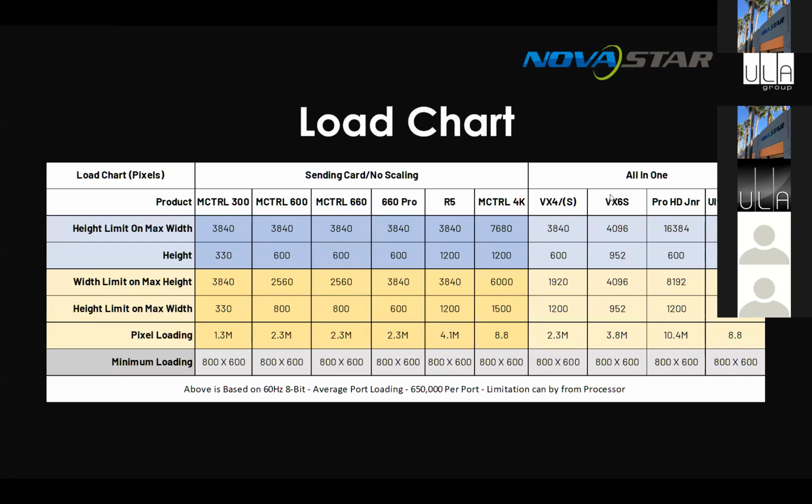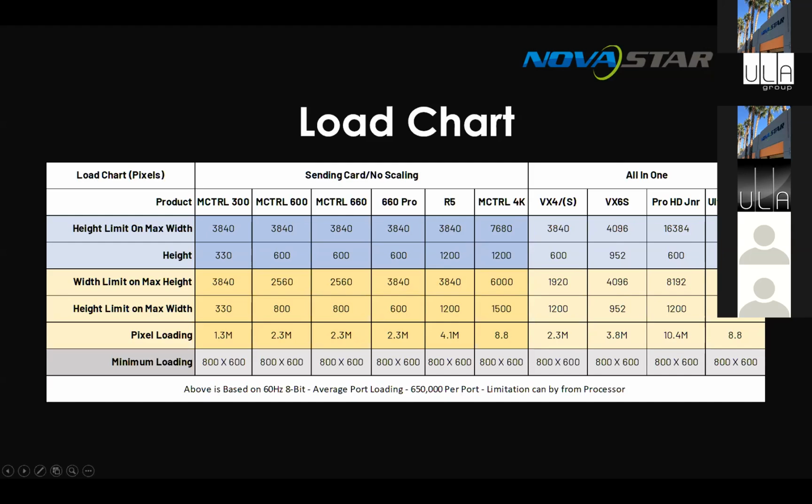But some key things to look at at the end here as well. The Pro HD Junior has a 10.4 million loading capacity. And the main reason for this is this unit's more designed for fixed installations, and it will go a lot wider, providing you've got the input sources or you're doing 2 layers. That's how you're getting that basically double 8K width on it. So some strange use case scenarios there, but the options are there. And bear in mind, this is maximum input and maximum output pixels for these things. So once again, it's all very dependent on your input source, but that's basically the loading chart as it stands.